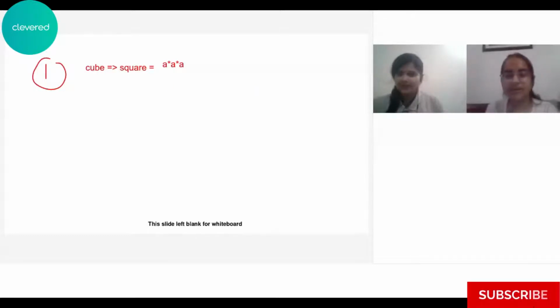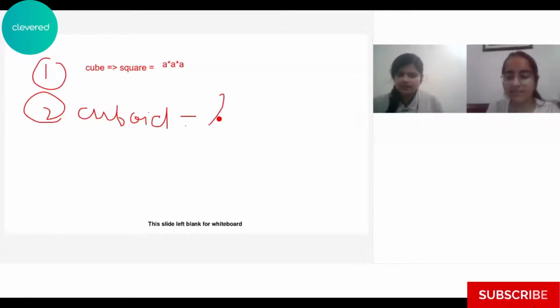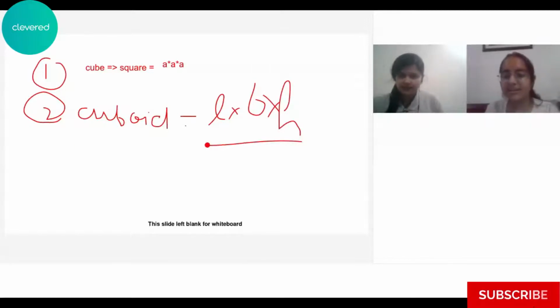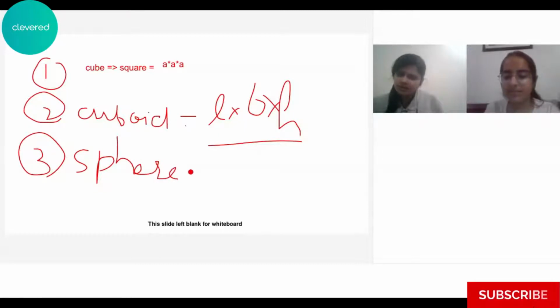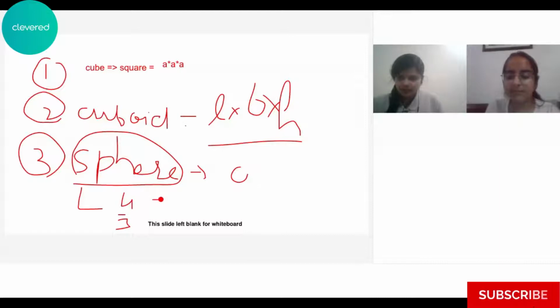Okay, that is the first shape. Then similarly, we have different shapes as well. Like we have cuboid, its corresponding shape is rectangle, right? And again, we have its particular formula, that is length into breadth. So length into breadth is the area, and if we multiply it with the height, we get LBH. That is the formula, right? Similarly, what else do we have? We have sphere. What is the corresponding 2D shape for sphere? A circle. A circle, right? And the corresponding volume formula of sphere is 4 by 3 pi r cube, right? Like that, we have various shapes like cylinder, cone, and so on and so forth. And every shape has its own formulas.